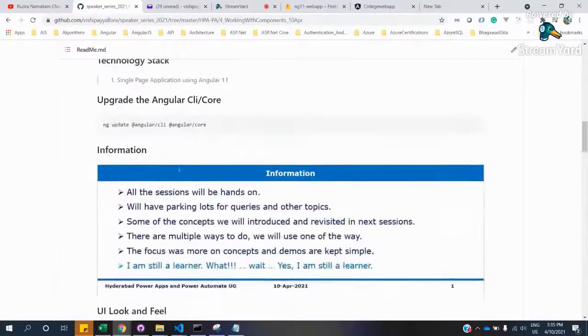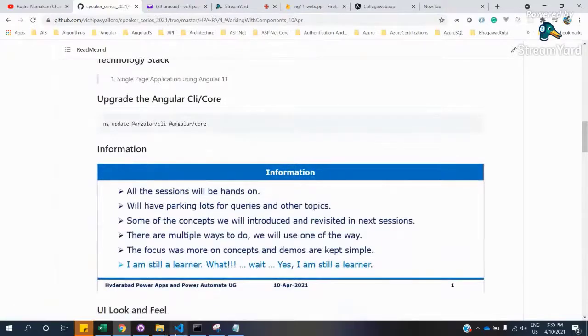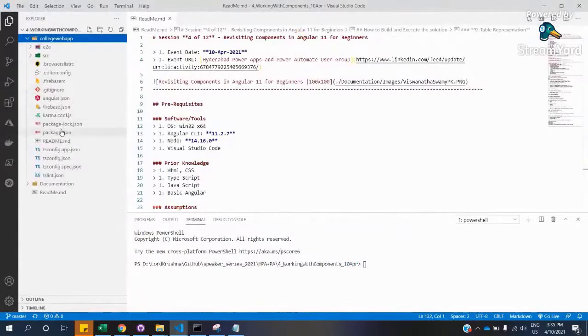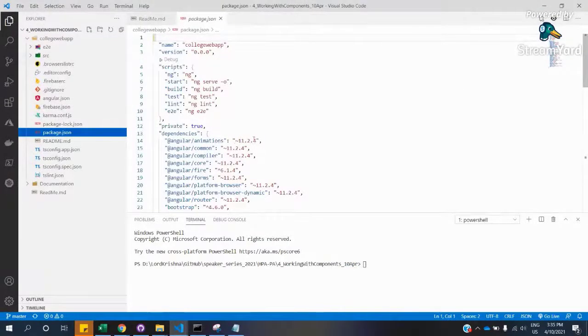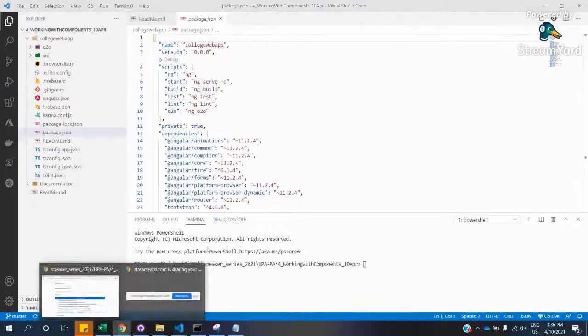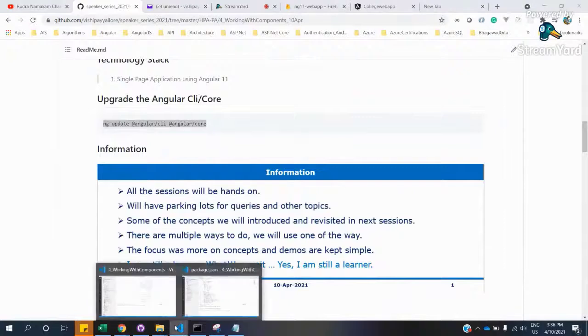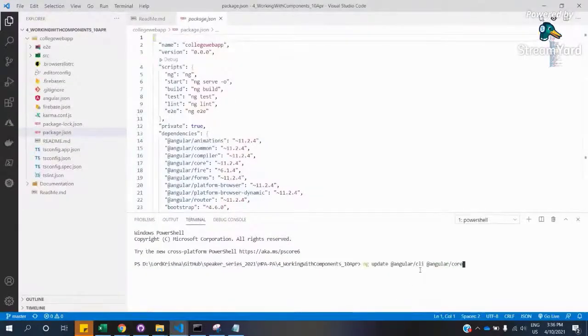You can see our package.json is at 11.2.4. So one thing we can do is come to that particular folder and bump up the versions to the latest version.